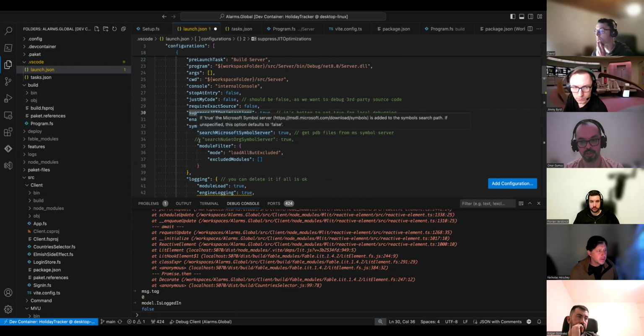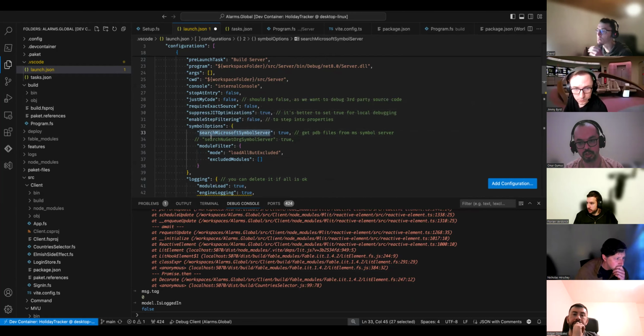Symbol options is an interesting one. If you want to debug .NET's own source code, with its own symbols, you need to set this to true. You can also get the third-party source code, which I think these days is called Source Link, from the NuGet server.